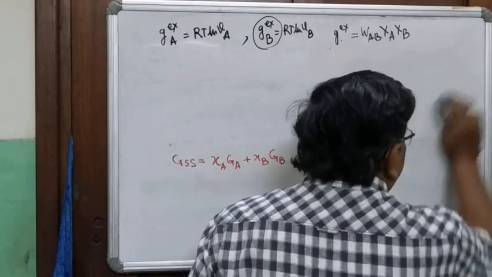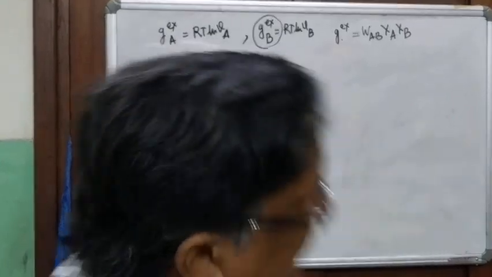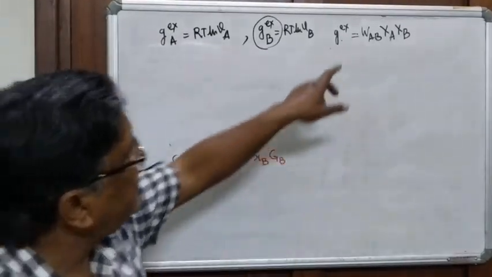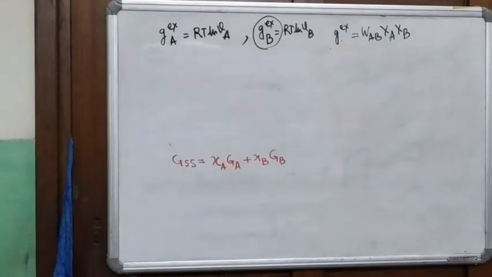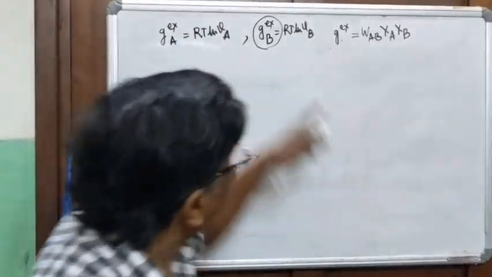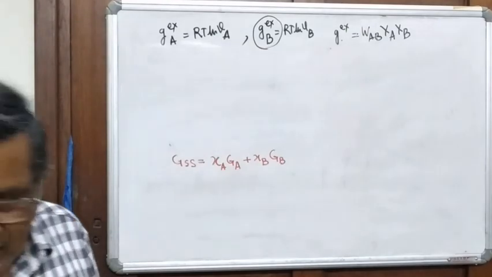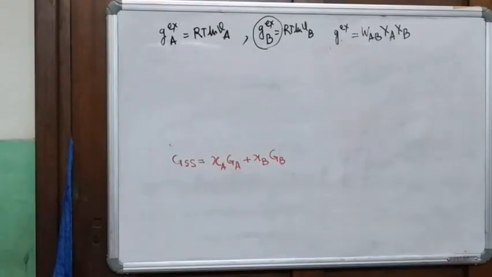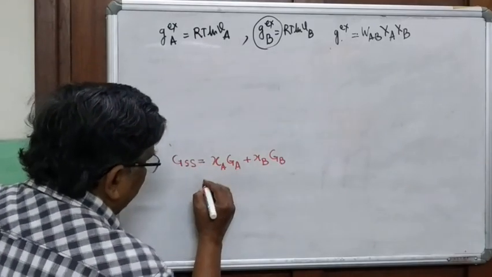We take our excess mixing term. For this very simplest case, it is W_AB times X_A times X_B. You will see in your write-up there's a derivation of how to find gamma A and gamma B from G excess mixing. The whole derivation is given. I don't need to do it. It's correct. It's done there. So now from this we can write,